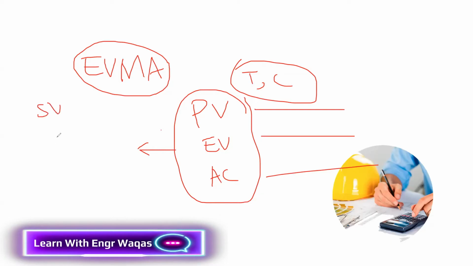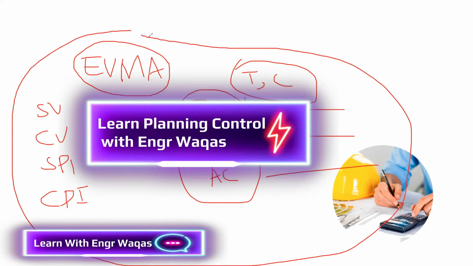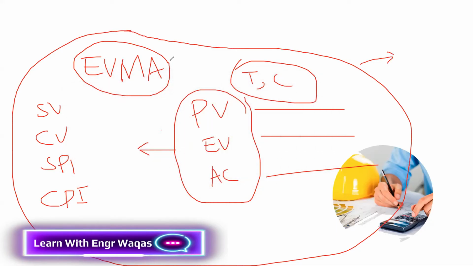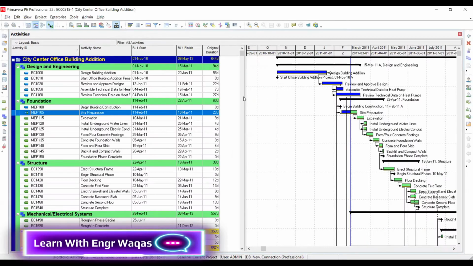schedule variance, cost variance, schedule performance index, and cost performance index. This is earned value management analysis. The next step is actually based on these things. So how to do it in Primavera P6 is a very simple thing. This is the project, and if I change the layout,